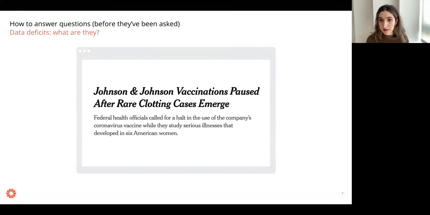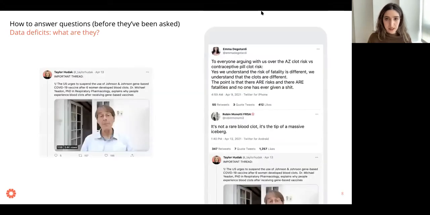So I wanted to start with a little case study. I'm sure all of you are familiar with some of the recent events with the Johnson & Johnson vaccine. If you're not, basically what happened was in the last week or so, a little bit more than a week, Johnson & Johnson vaccine distribution was halted in the US at least. And there were 6 women who reported issues of blood clotting with the vaccine. And so as a proactive measure, to research this and understand what was happening, Johnson & Johnson distribution was halted.